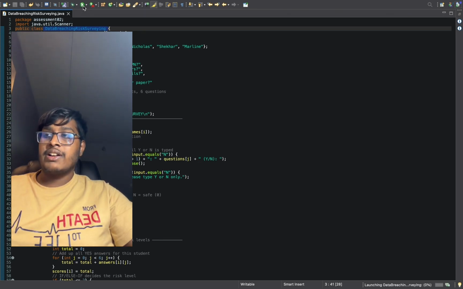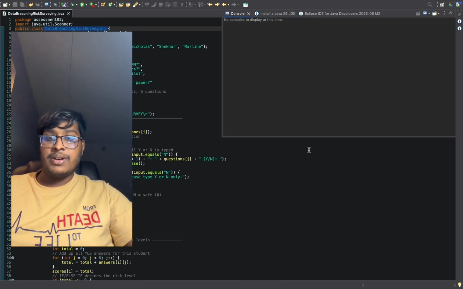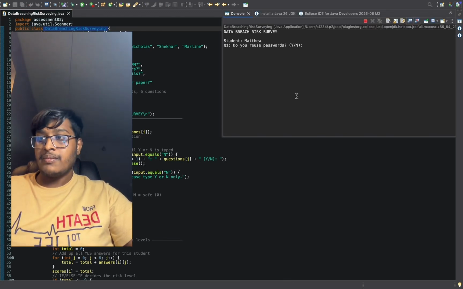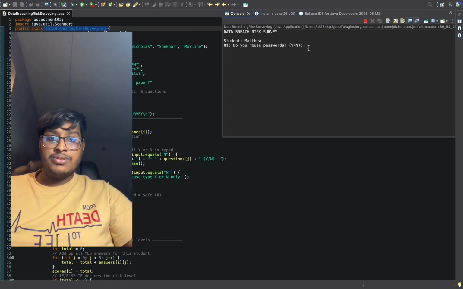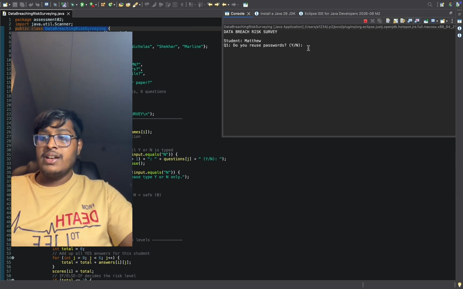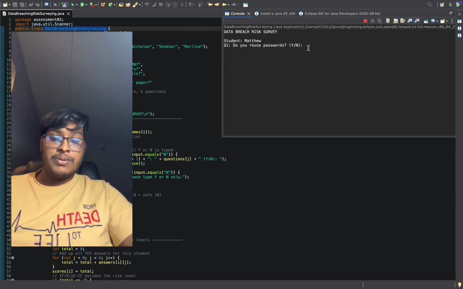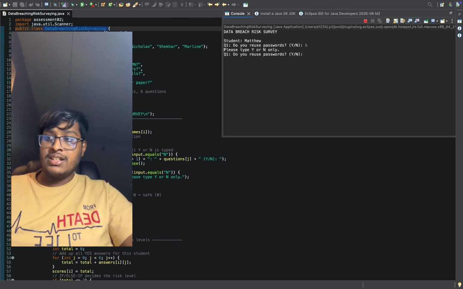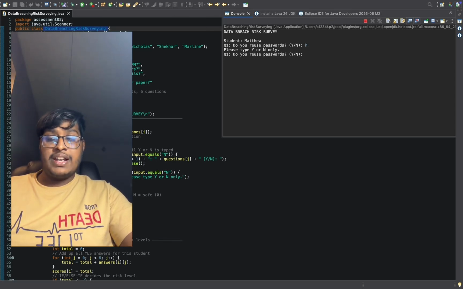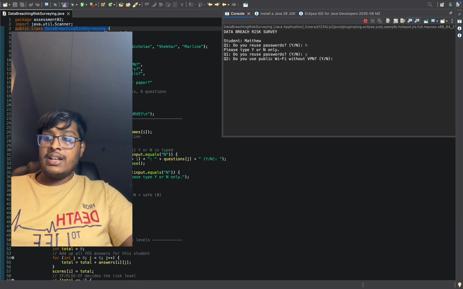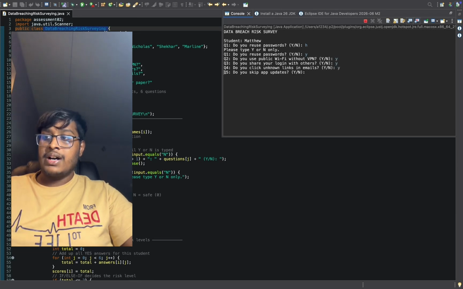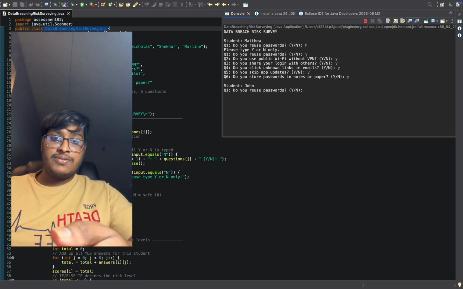Now I have pressed the run button, and it shows a name, which is Matthew, and then it will ask 6 questions. It asks for yes or no, which I already discussed in the pseudocode. Now let's try the while loop, which is used for input validation. I have pressed H, and now it prompts to enter y or n. Now let's put the valid input, which is y. Then I have put y, y, y, y, y, and then it asks for another